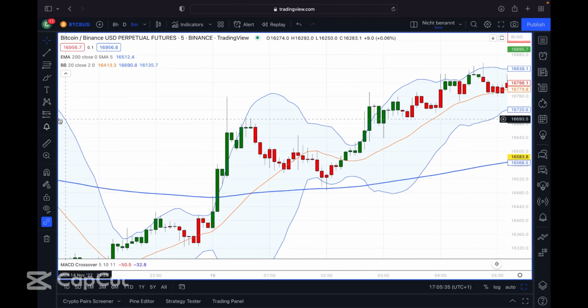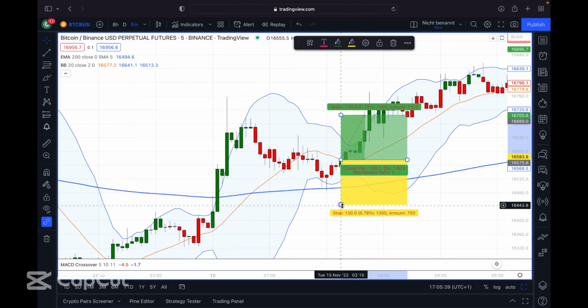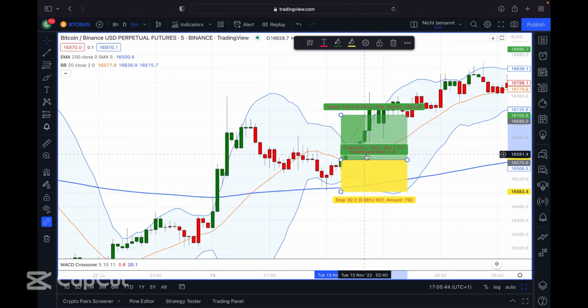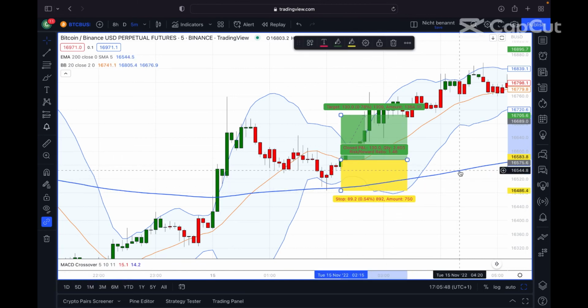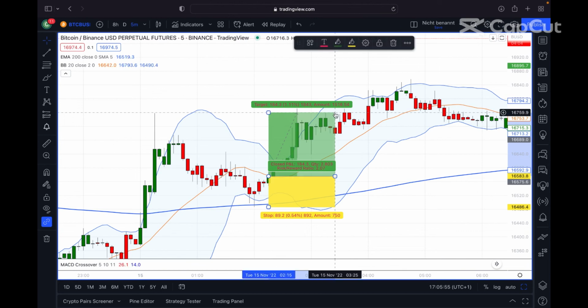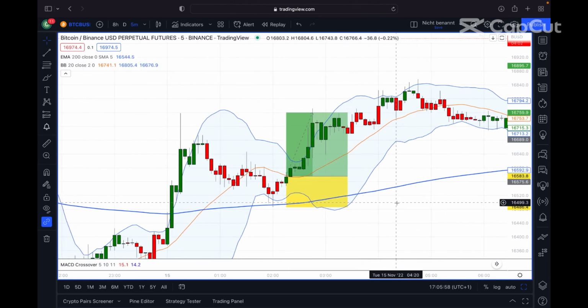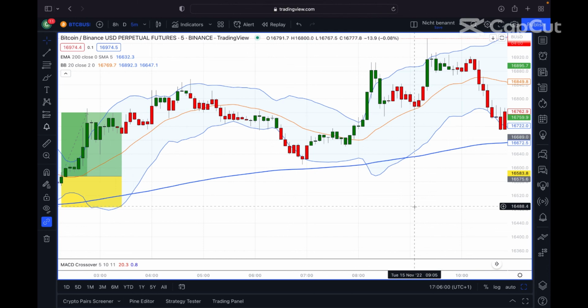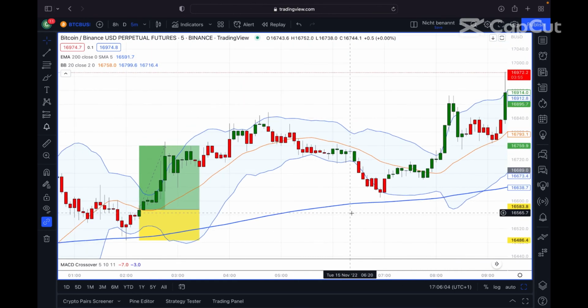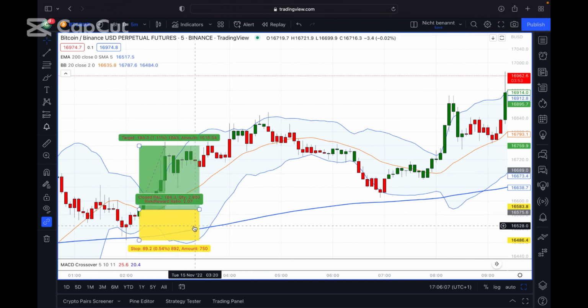So this would be a perfect place to place a long position, and here again I would put the stop loss under the lower Bollinger Band, and the target would be 1 to 2, so I would go here 1%, and as you can see this would also be a win. There are sometimes where the strategy does not work, so this is why it's very important